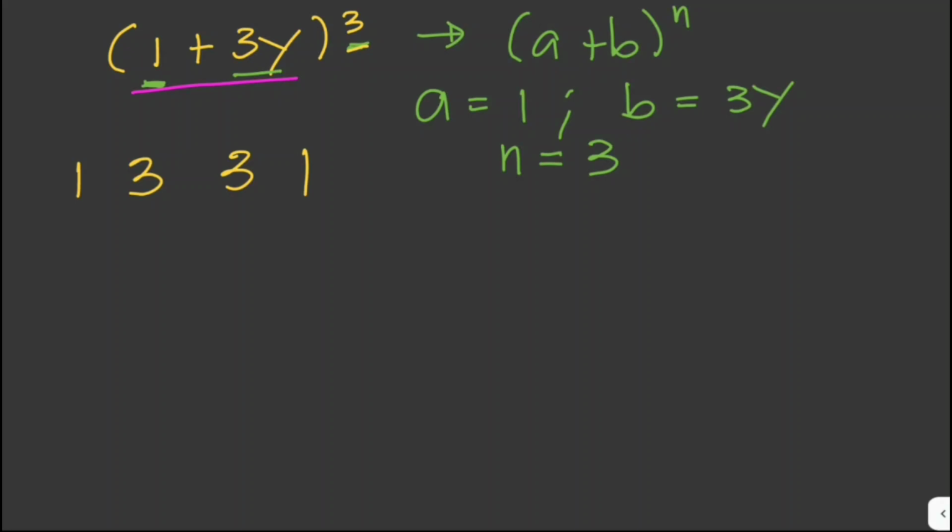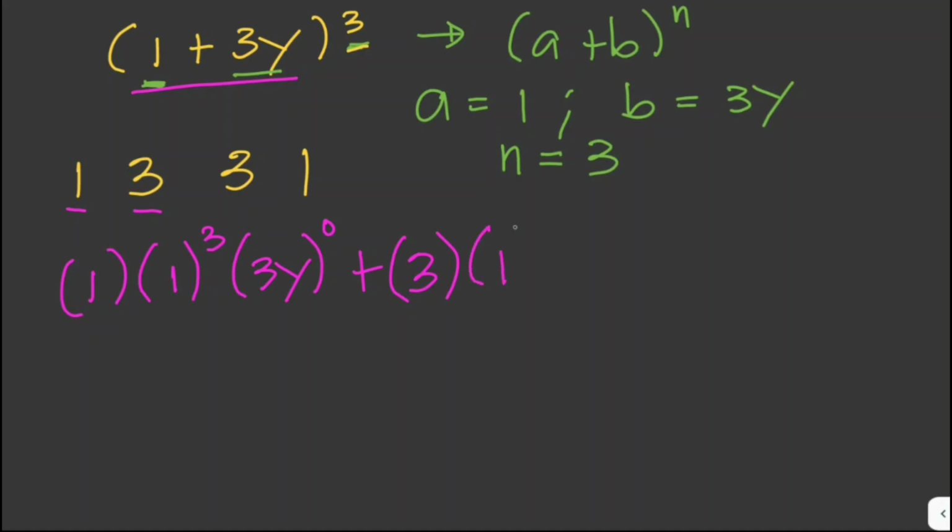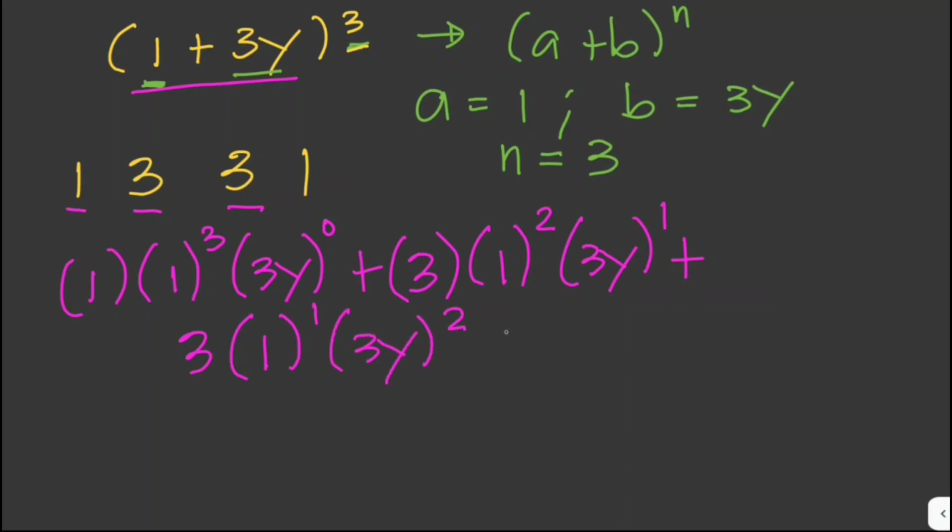So we start with 1, the coefficient, this one, 1 times 1 cubed, times (3y)^0, plus the next coefficient, 3 times 1 squared, (3y)^1, plus the next coefficient, which is 3 times 1 to the power of 1 times (3y) squared, plus the last coefficient, 1